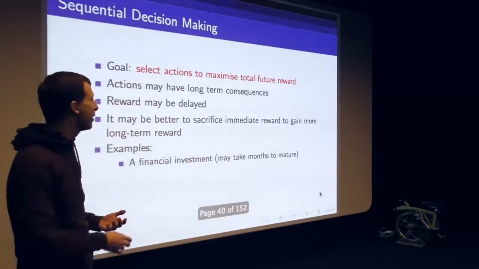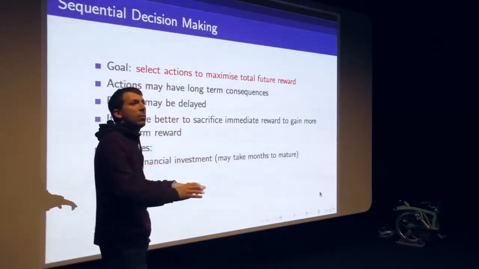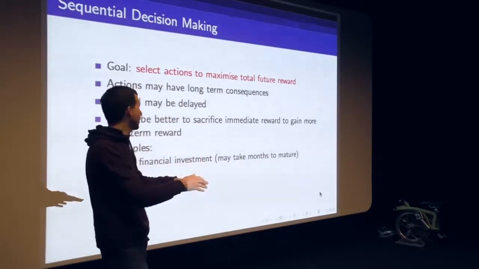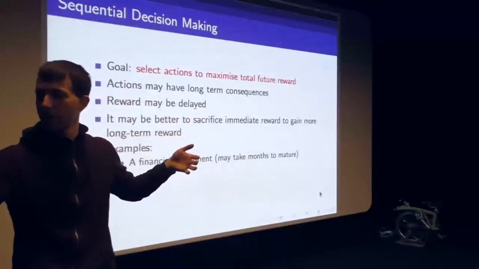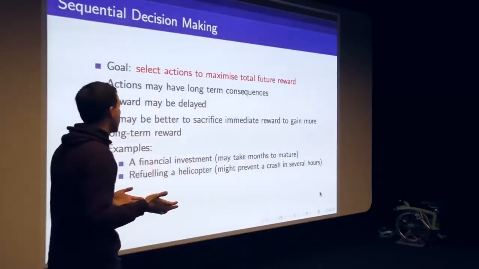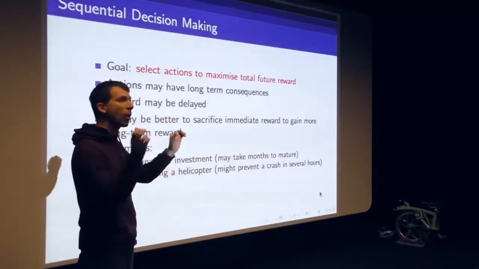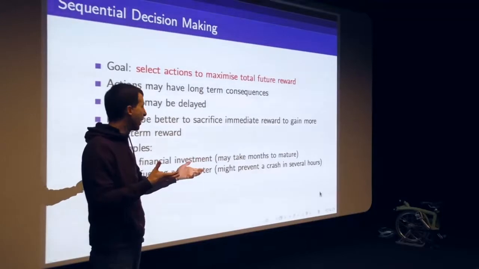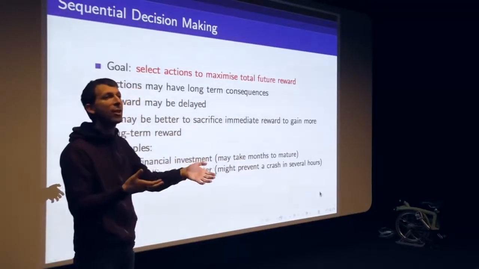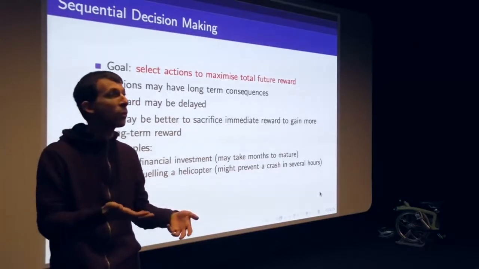An example of that would be a financial investment where you have to spend some money now, so you're losing money, but then you believe that later you'll get more money back once this matures. Or in the helicopter example, maybe it's running low on fuel. So you might want to stop, lose some reward for following your maneuvers, to refuel for a while, but that might prevent a crash in several hours' time